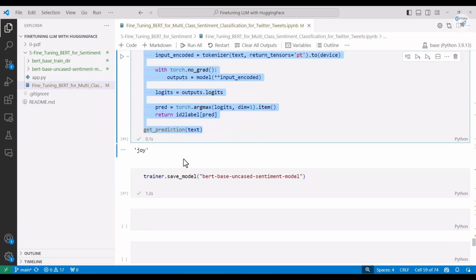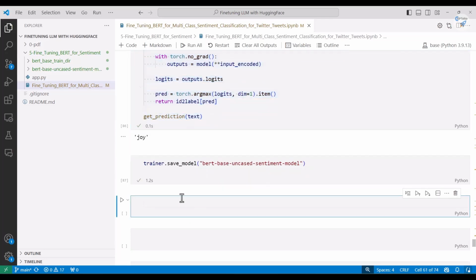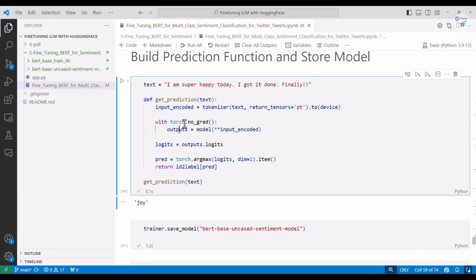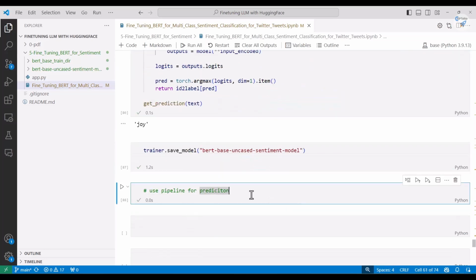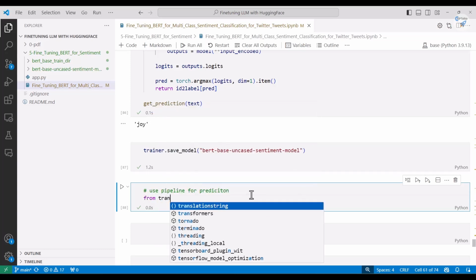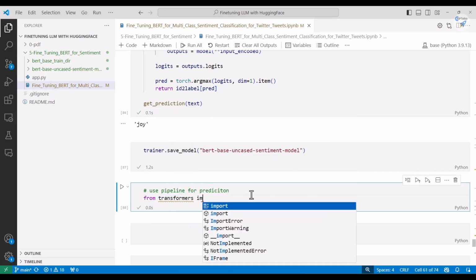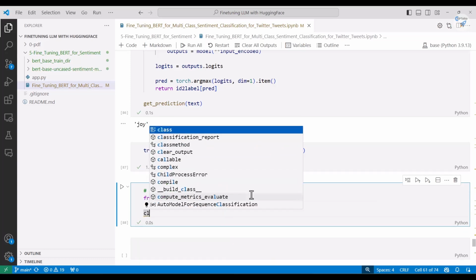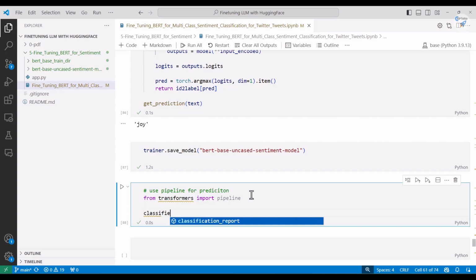In fact, if you have stored your model, you can directly use the pipeline for the prediction. Earlier I had shown you a raw method to get the prediction, but you can also use the pipeline method to get the prediction. It is quite simple and straightforward. From transformers, import pipeline, and then simply you can say that classifier is equal to pipeline, and in that you write